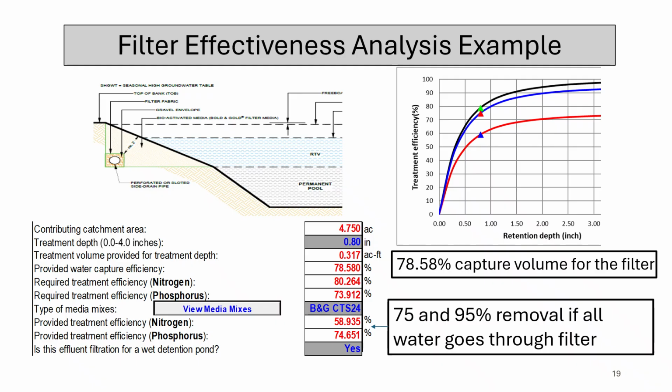When we account for this, the actual capture volume for the filter comes out to 78.58% of the total annual runoff. This means that while the filter itself is highly effective at removing pollutants from the water it treats, the overall annual performance reflects that portion of runoff that falls within the design treatment capacity. Understanding this difference between filter efficiency and annual capture volume is essential when evaluating the real-world performance of any stormwater